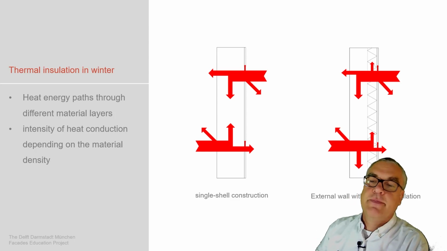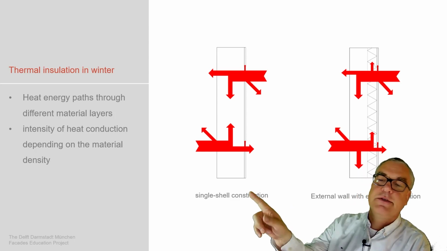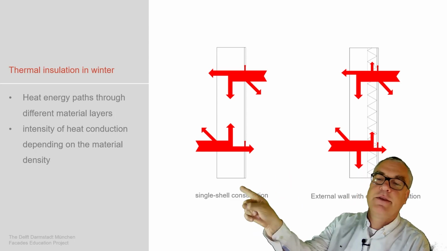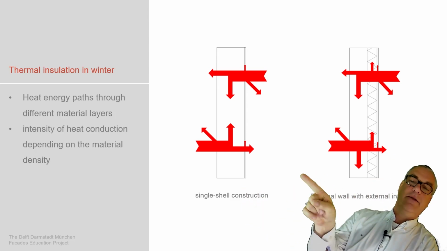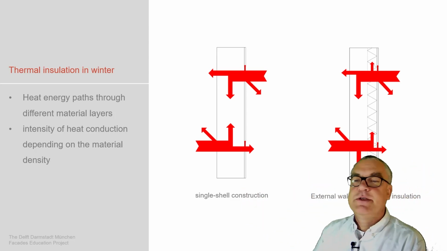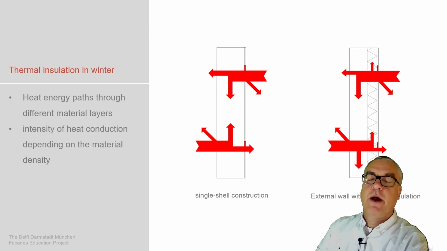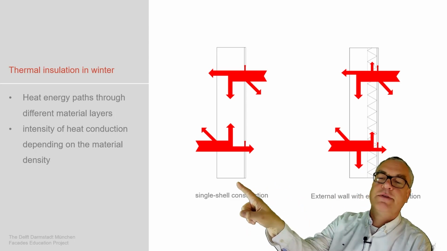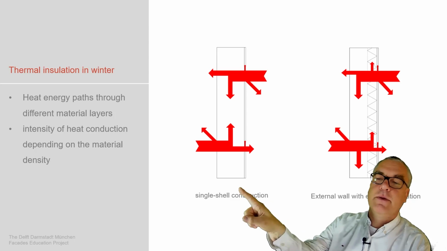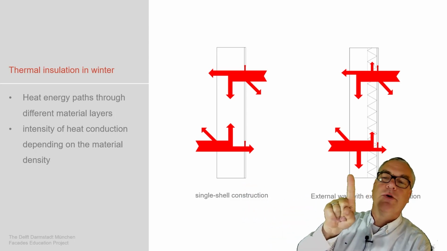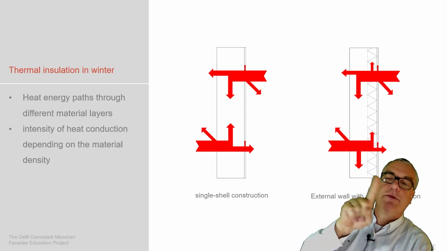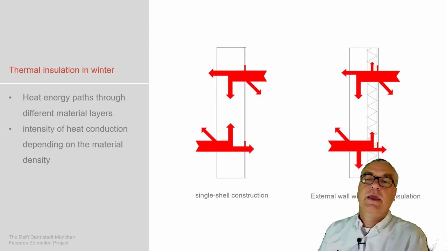And we see this with our facade. This is a single facade. This is outside, the other side is inside. Again, inside here, outside here. And we see the energy impact from outside and the energy impact from inside, and it either goes into the facade, into the material as we see it here, or it is reduced by an insulation layer, which we see in here.